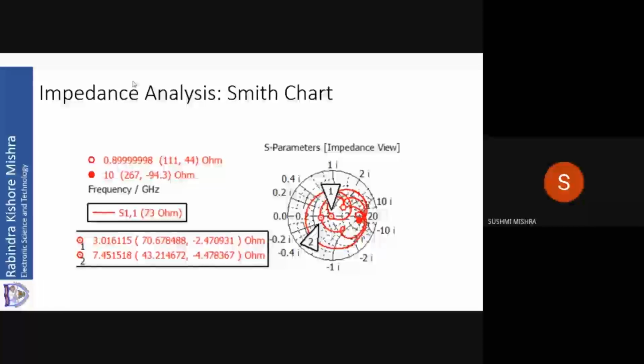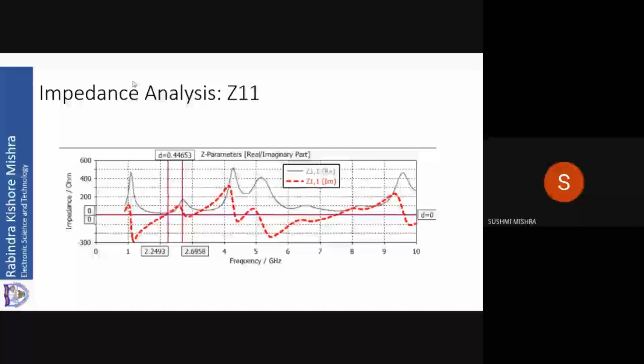Let me see what happens to the real part and imaginary part. If you look at them, you will see that the imaginary part becomes 0 at around 2.24, and the peak for the real part is at around 2.69. I didn't require that. So what I will do is go back to my original design. I'll see what is going to happen if I consider my GSM band. So let me look at the impedance in the GSM band.